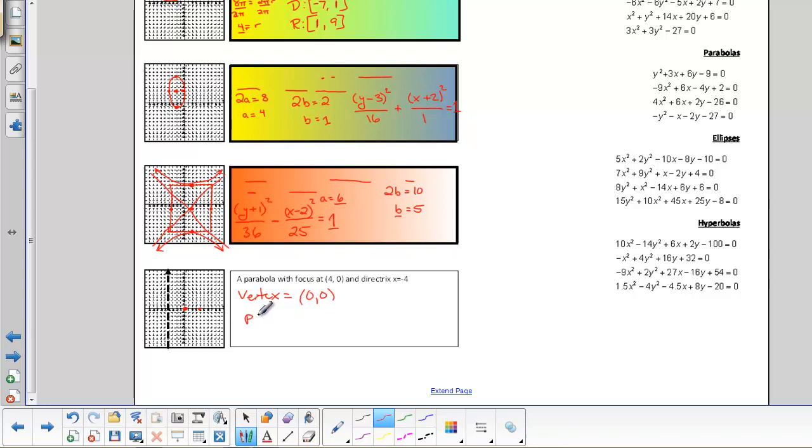The value of p in this case is 4, because the distance from here to here is 4. Likewise, the distance from here to here is 4. I know that the parabola will open towards the focus, so it's going to open towards the right. Now I'm going to go ahead and use those reference points, RP, and remember RP is 2 times the value of p, which is 8. So I'm going to go up 8 units here and down 8 units here. Now I can sketch my parabola using those reference points